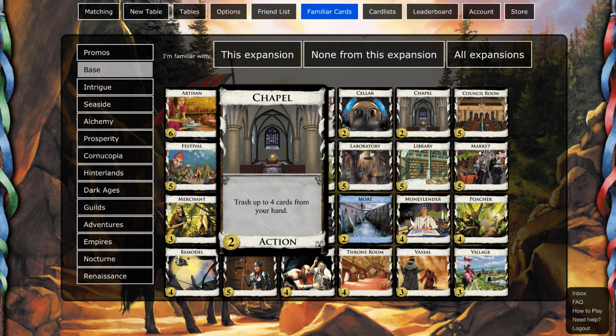Yeah, you'll bottom deck 2 estates. We'll say you get lucky. No, you'll bottom deck a copper and an estate, and you draw 2 estates, silver, and 2 copper. Let's just say you do that, and you buy a silver. Then you shuffle your deck, you draw estate, copper, chapel, silver, and